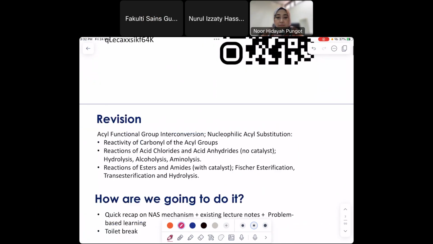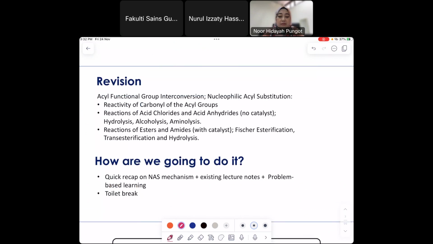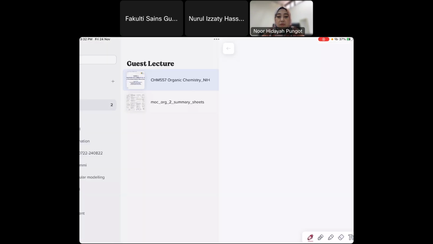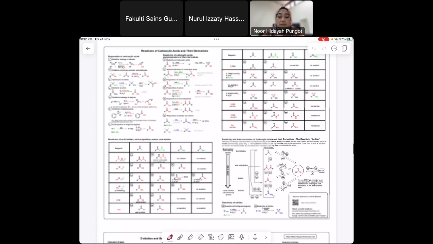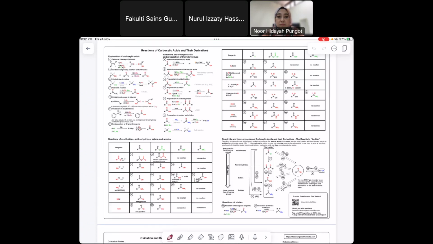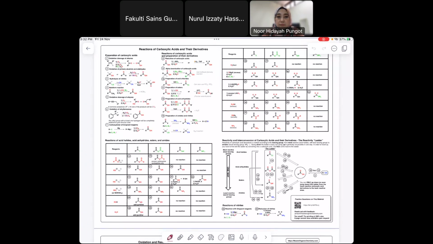Okay, so what we're going to do today, because the topic is big and it's overwhelming. What is overwhelming is when you look at the carboxylic acid derivatives, and I wanted to show this one. We usually use this Master Organic Chemistry website. Later we can share it. You can see this is the